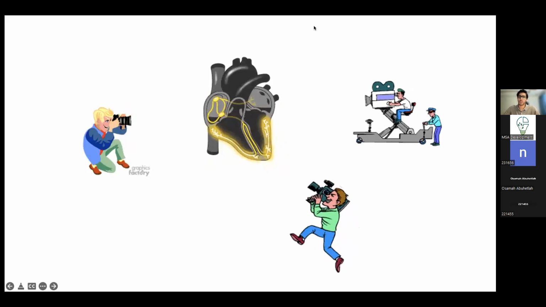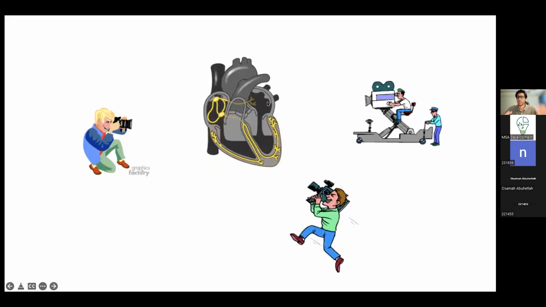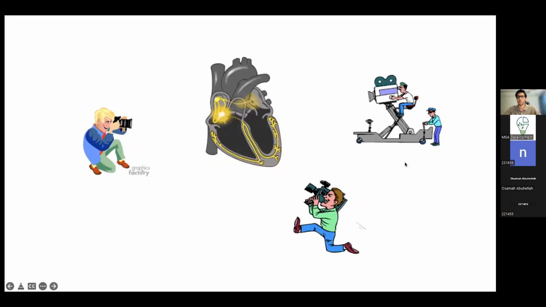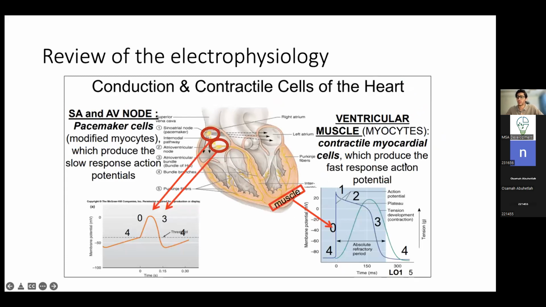Think of it like that. And I'm going to actually refer to this analogy when I'm explaining some of the concepts in this lecture. All right, so this is just a quick review of the electrical activity of the heart,